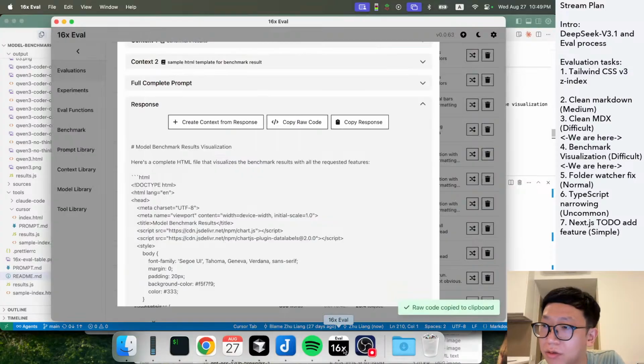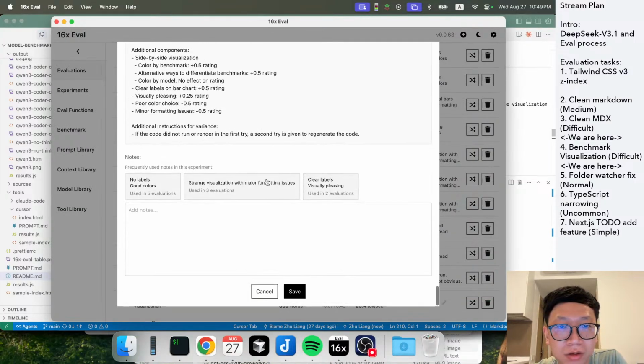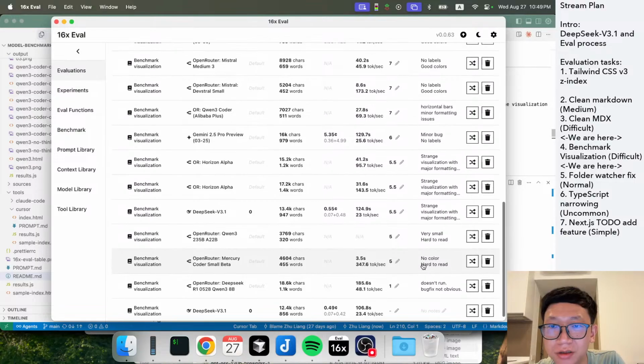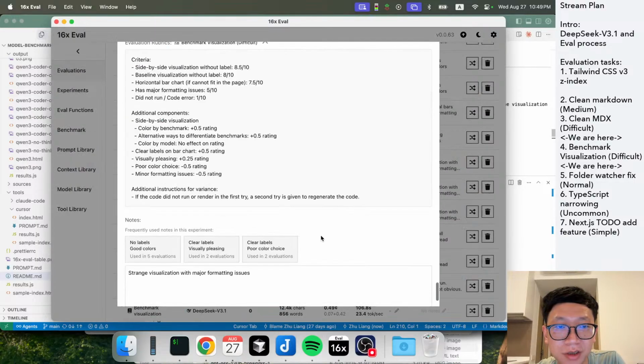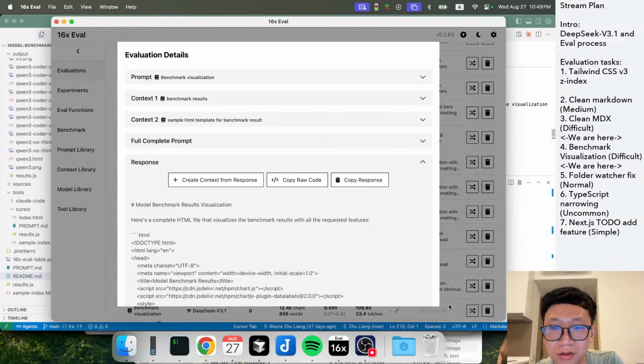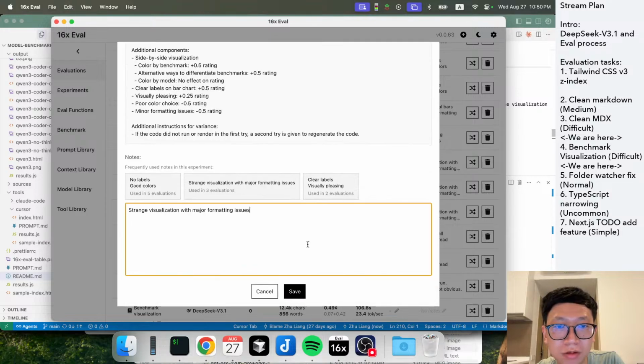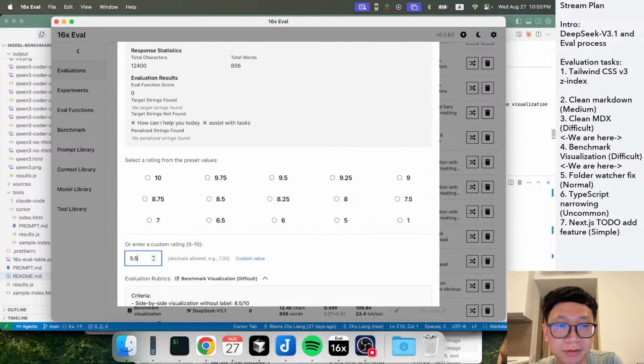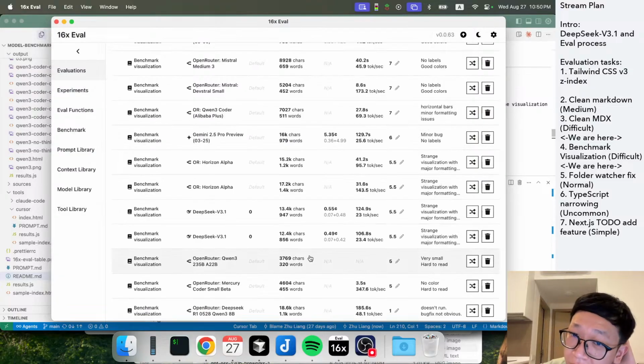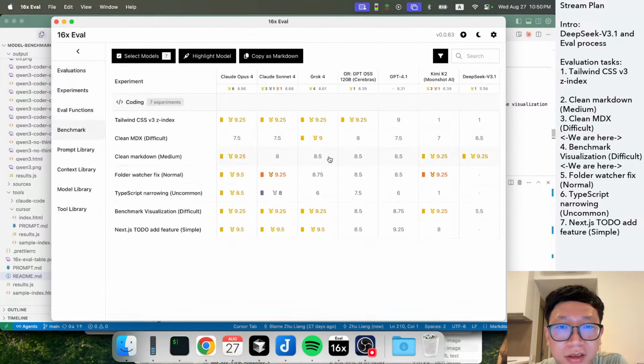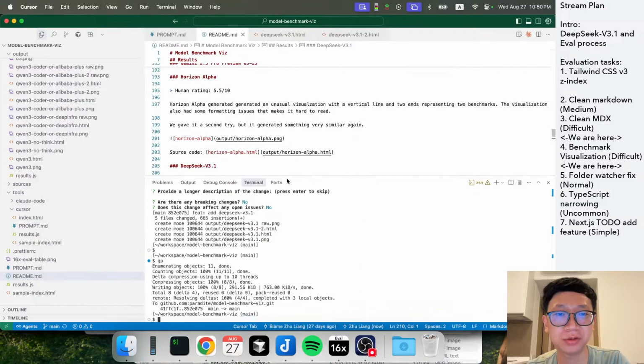Push. Same thing here. Copy the command. Okay, so that's the end of this task. Got a 5.5, which is very low for this task. Okay, moving on